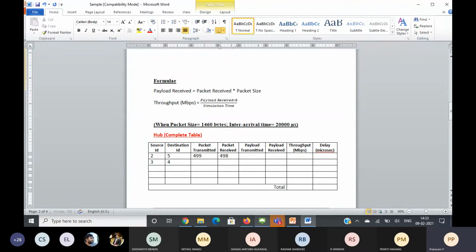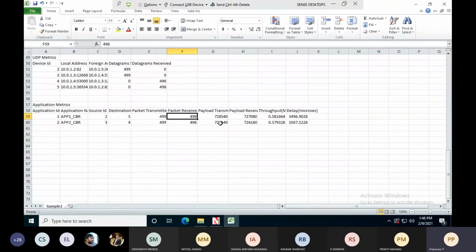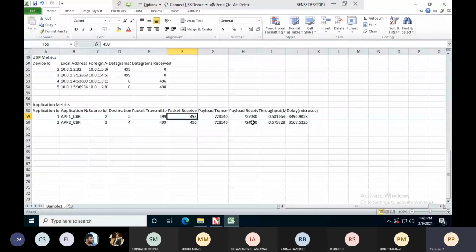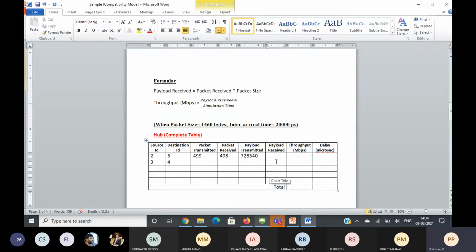So payload transmitted 728,540. Payload received 727,080.